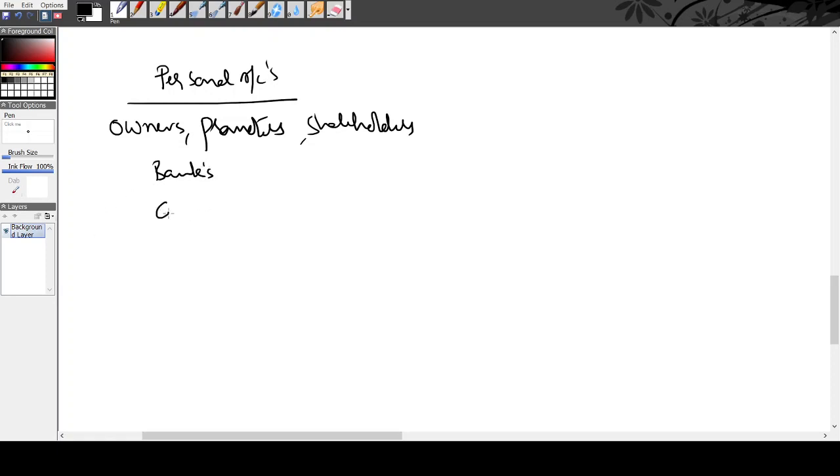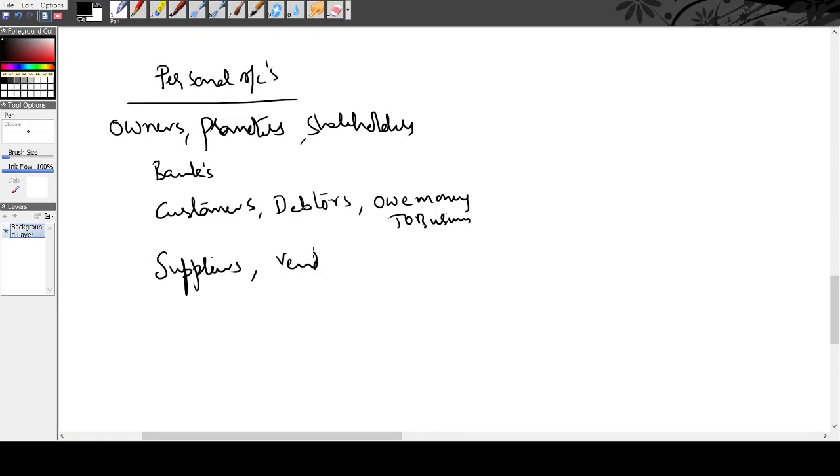Then we have the customers, people who buy our goods, who use our services, who give us income. Customers, in accounting language we also call them debtors. These are the people who owe money to the business. They buy our goods, they use our services, and they owe money to us. Then we have the suppliers, vendors, people who supply us goods, people who provide us services. These are the people who owe money to,